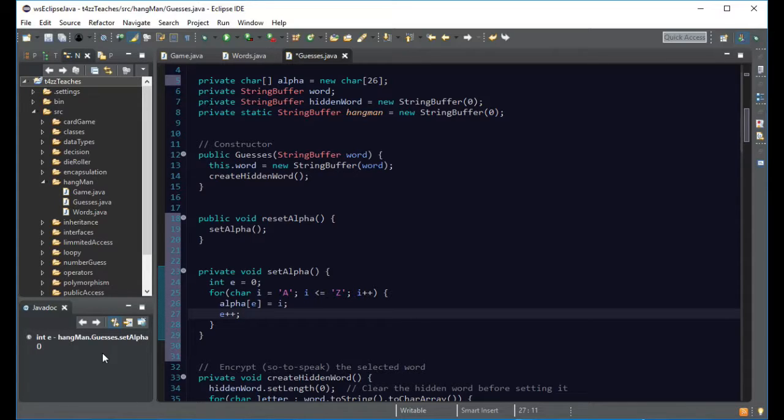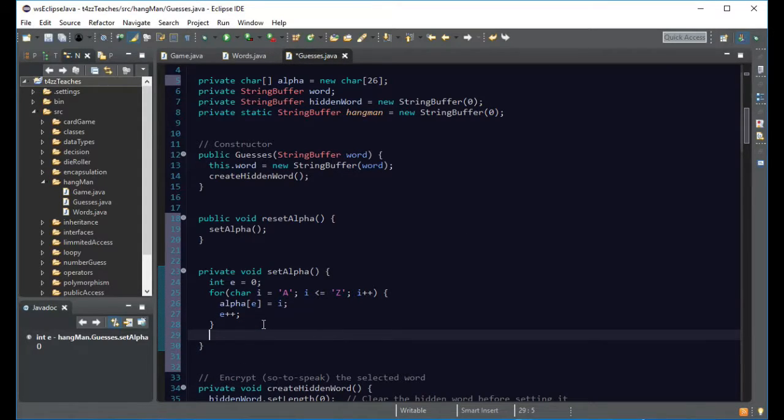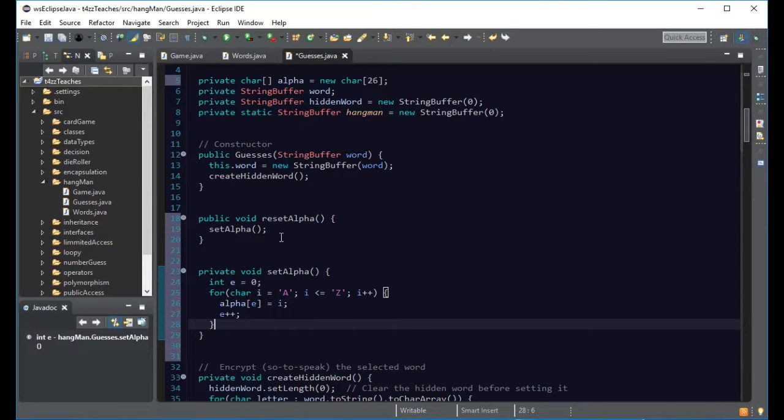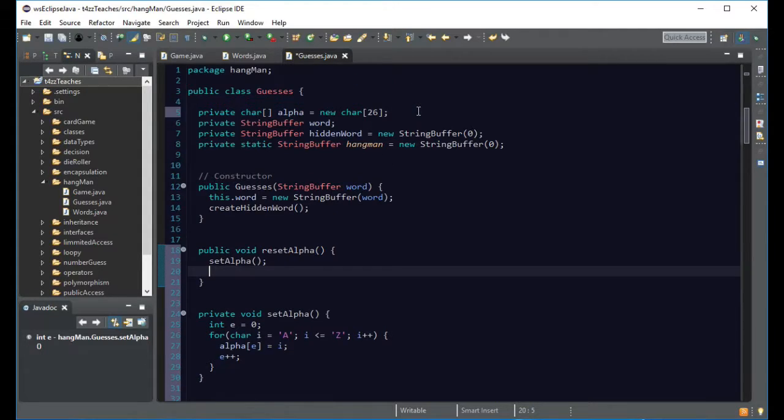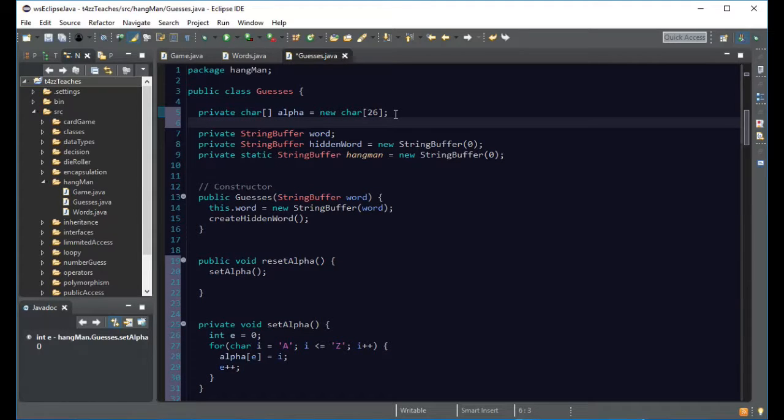And we're also going to want to keep track of the alpha used, since this is part of reset. In reset alpha, we're going to keep track of the alphabet letters that have been used. We're probably going to do that in an array list, because we want to be able to append to it. So let's go ahead and do this and say